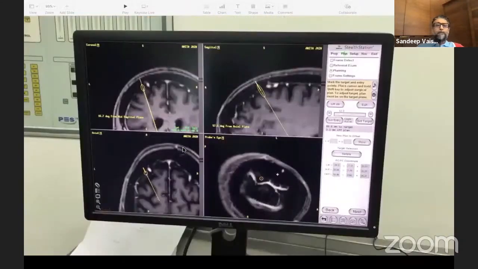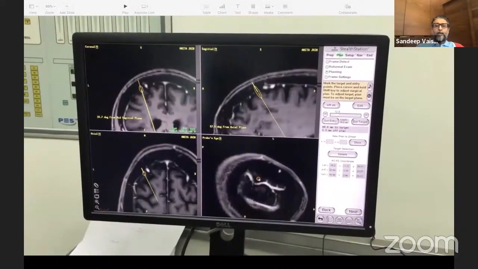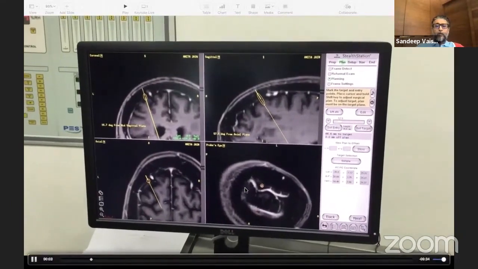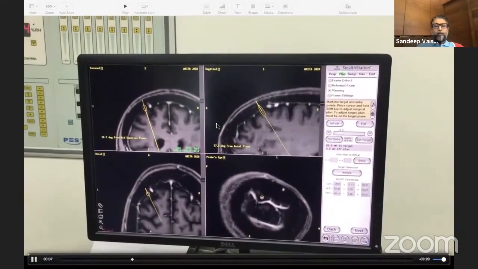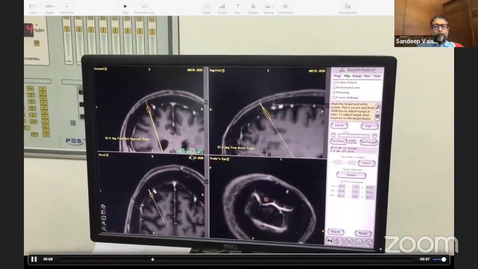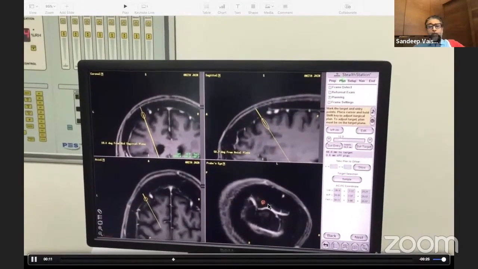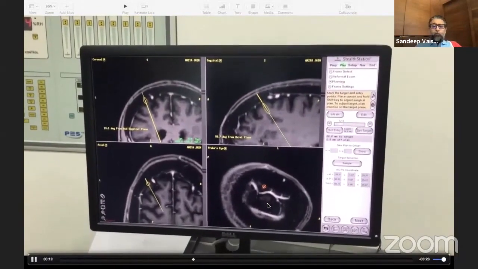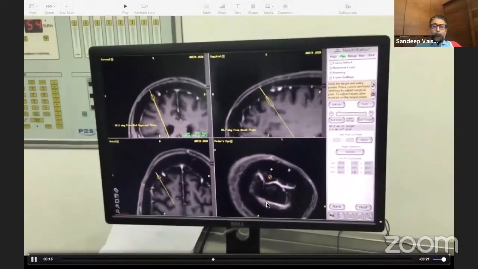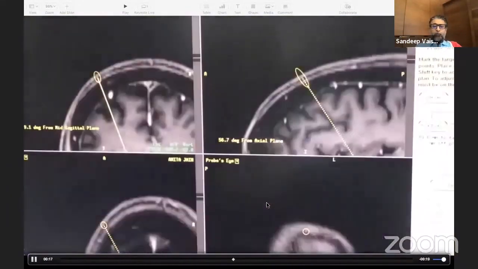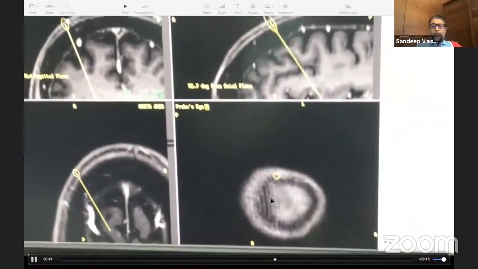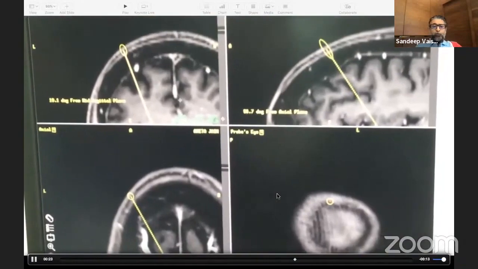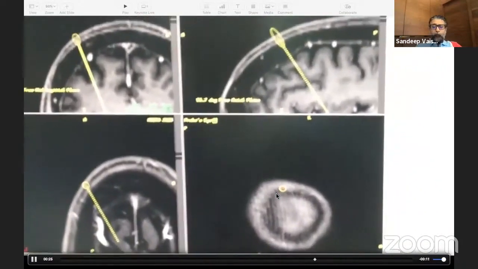and the trajectory. So we have already done a double contrast MRI to look for any vessels which may come into the way. So you check for the lateral angle, the front angle, and the target. You should avoid taking a trajectory which may pass through the ventricles, because in that case there can be CSF leak and their position may change. Similarly, you should avoid going through a sulcus, because the sulcus will be carrying blood vessels